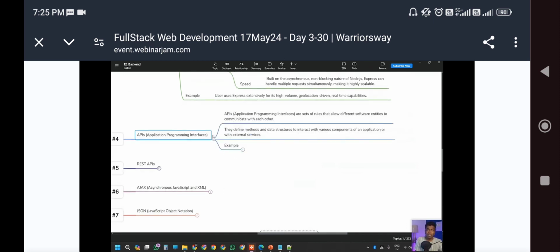So what is different is, previously we did a to-do list, but this time we are going to build the same to-do list with the help of a REST API to understand the backend. Talking about that, first of all, we have API. API is nothing but application programming interface, a set of rules that allow different software entities to communicate with each